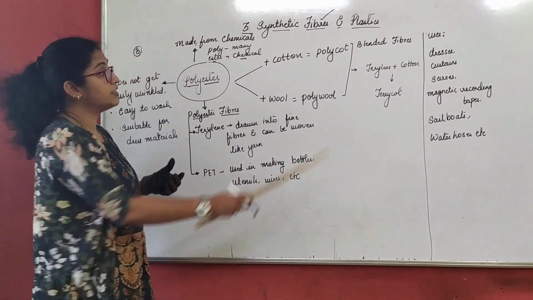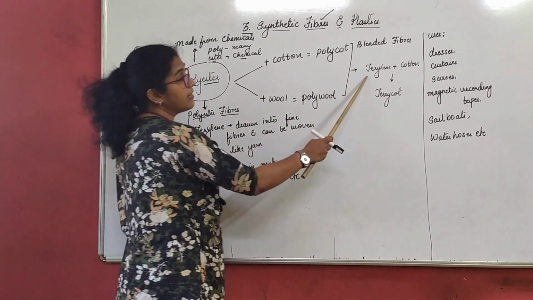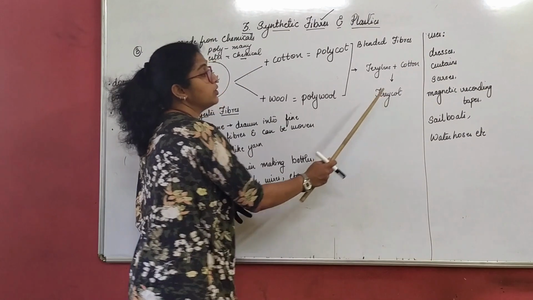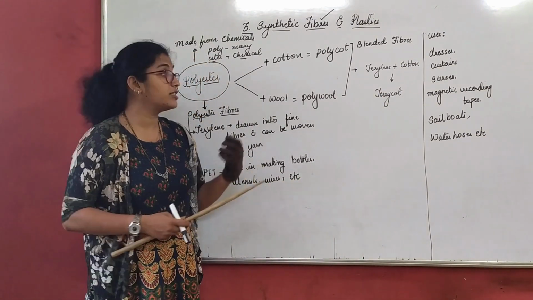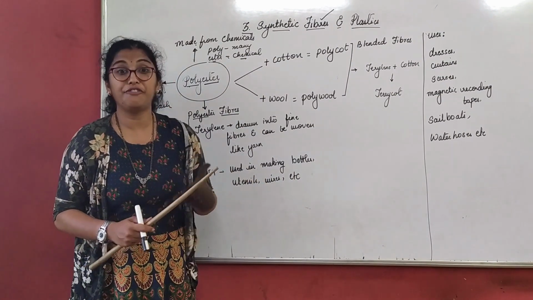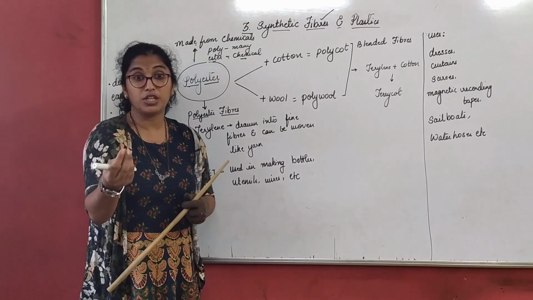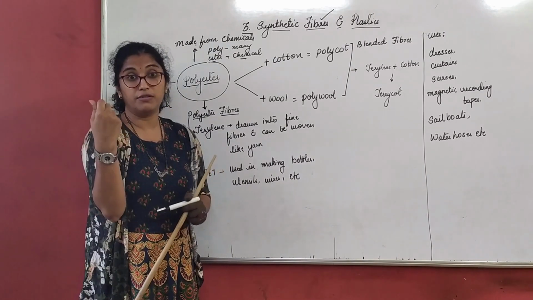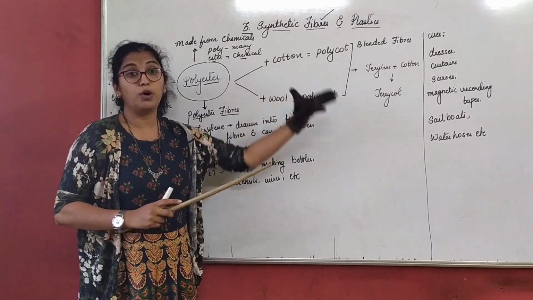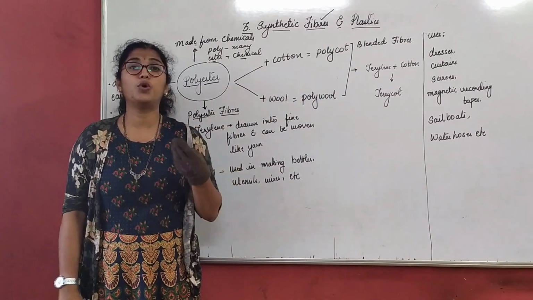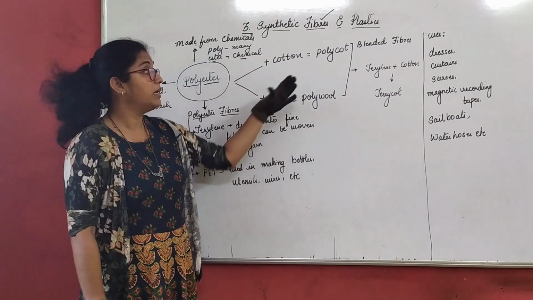Now this polyester, the thinnest fiber we call terylene. When we mix this terylene with cotton we get terrycot. So you can go to the market and do some research on that. What are the different types of fabrics you can come across by touching their texture? How will terrycot feel when you touch it? How does polywool or polycot, polyester, feel when you touch it, what is the texture like? You come to know only once you come across these types of materials.